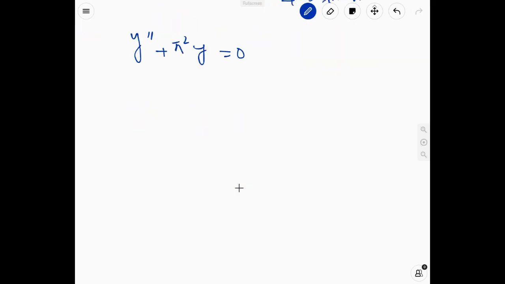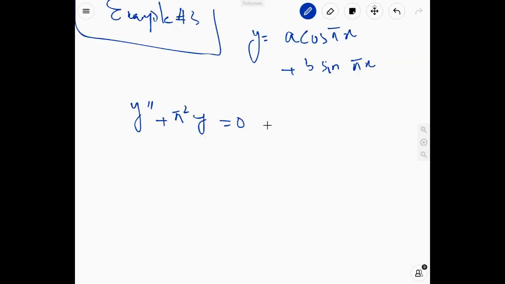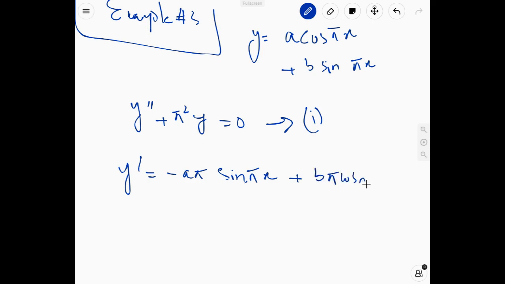First you have to find out the first derivative, y prime, and y prime is equal to the derivative of a cos pi x, which is equal to minus a pi sin pi x plus b pi cos pi x,